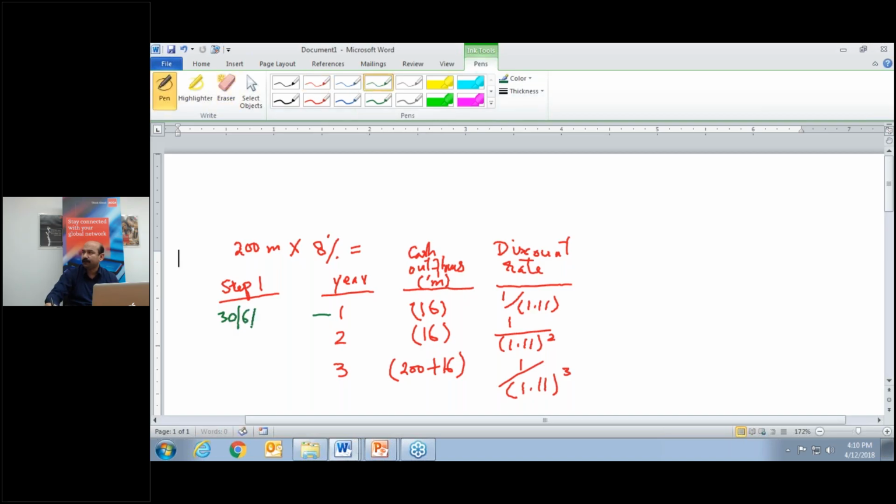30th June 2012, and this is again 30th June 2013, and this is 30th June 2014. Okay, now by multiplying all these figures,